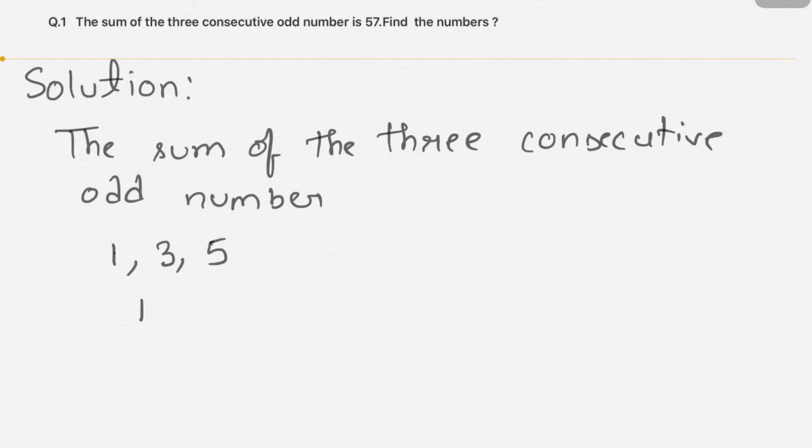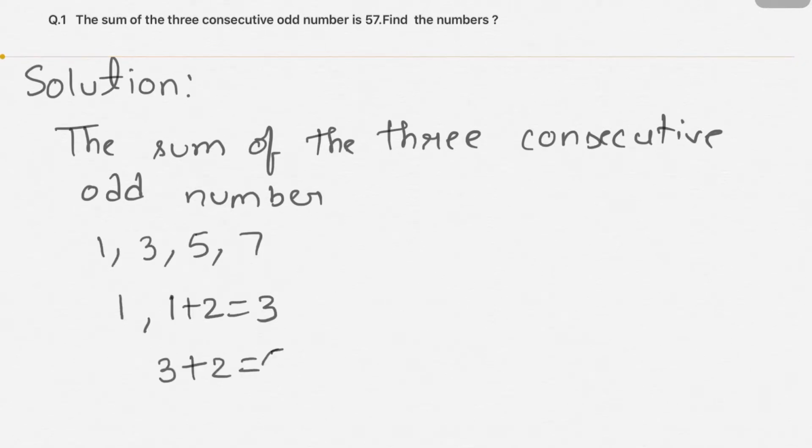So 1 plus 2 will give us the next odd number, that is 3. And now, if we want to get another odd number, the next number to this, that would be 3 plus 2, which is the next resultant odd number. So we can say odd numbers are the numbers which are getting increased each time by 2.